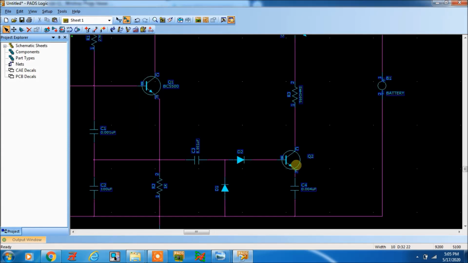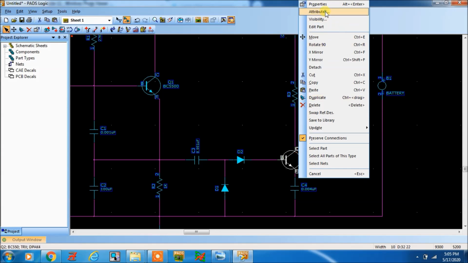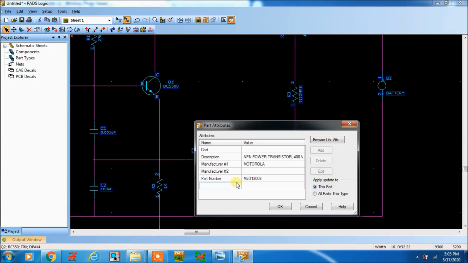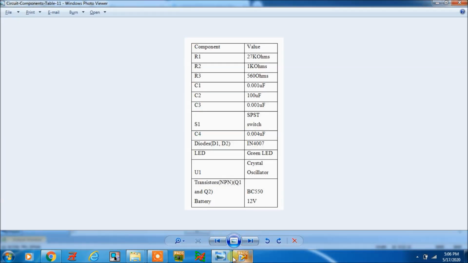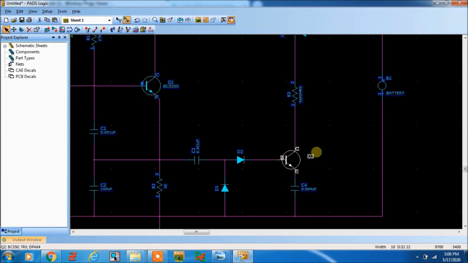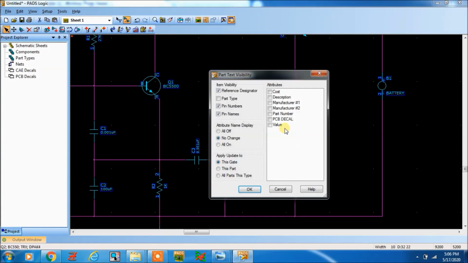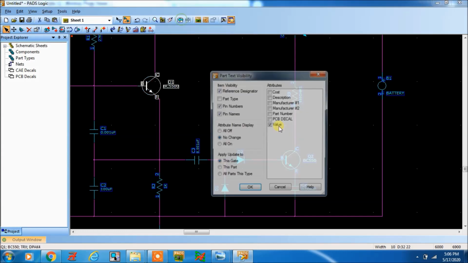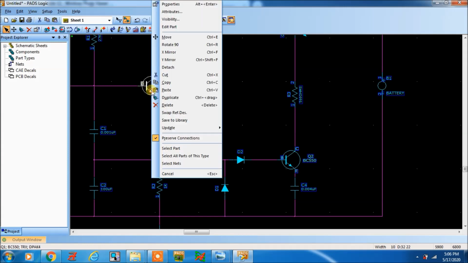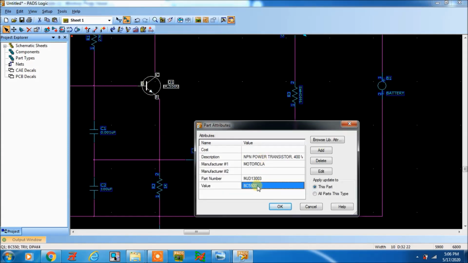Same thing we have to do here. Attributes, add value, BC550. Visibility value visible.